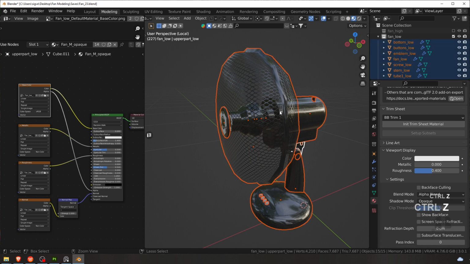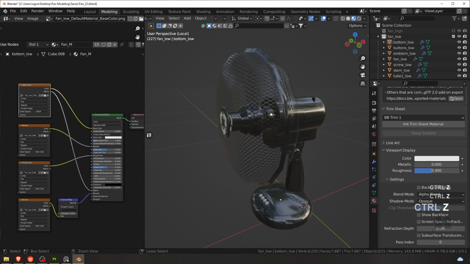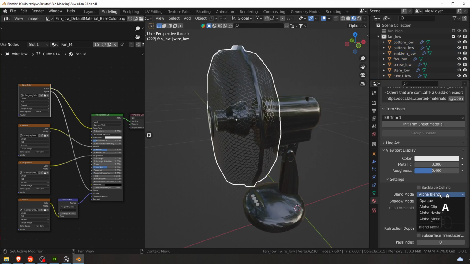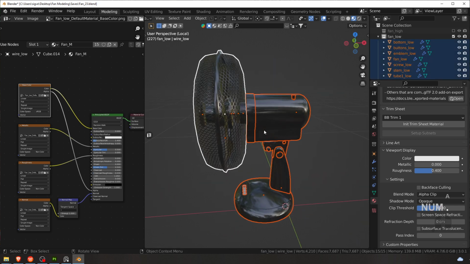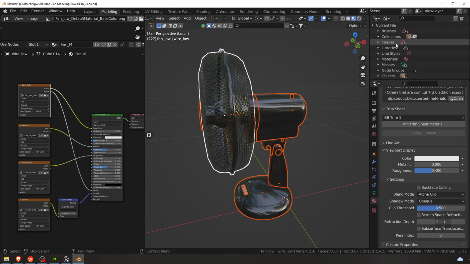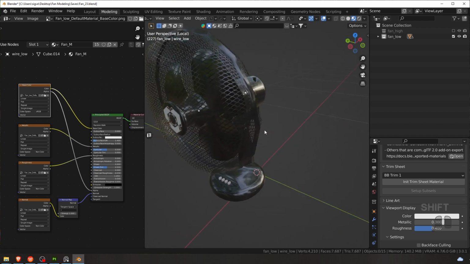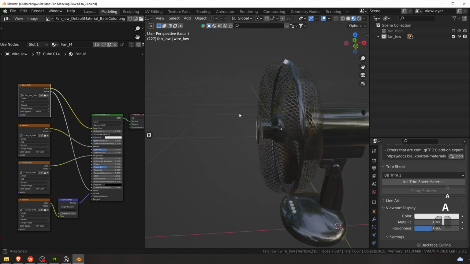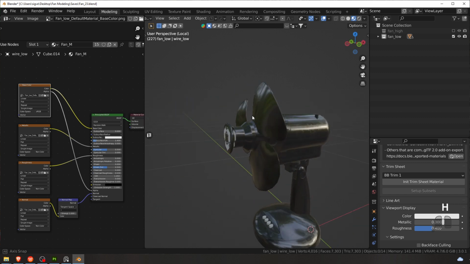So I'll just go back to before I did that. Just go back, and that's it. And make sure that I'm using alpha clip right there, this one. And we do have only one material, and just to double check if there is one material in this scene, I'm just going to go here, and yeah, we just have one material in this scene. And so yeah, that's it actually. We have our model fully ready to go. We can animate it, do whatever we want with it, and yeah,